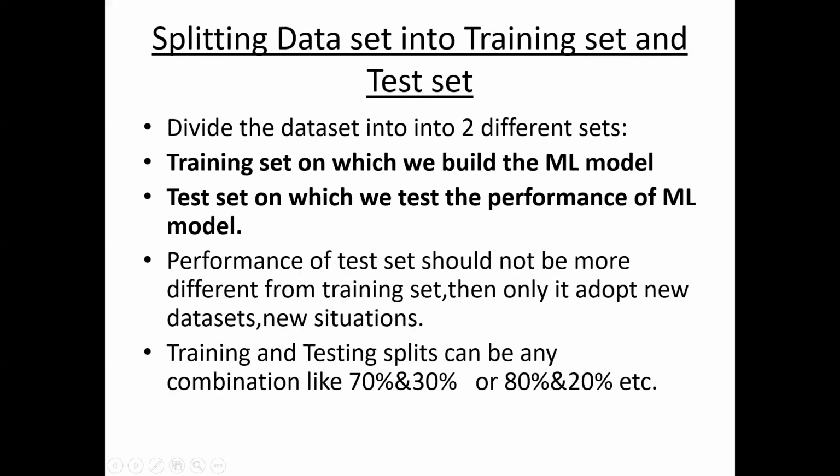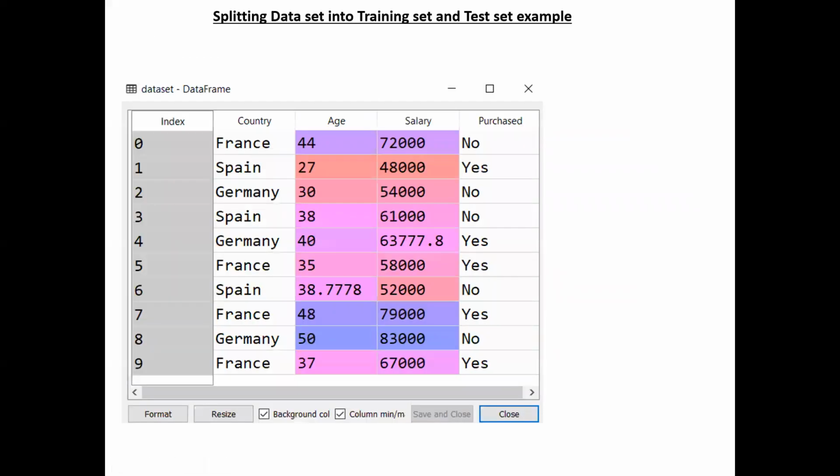Generally there is no thumb rule for what percentage should be the training set and what percentage should be the test set. But the general split is either 70-30, which means 70% for training and 30% for testing, or 80-20, which means 80% for training and 20% for testing. This type of split is generally used. You can also use 50-50 or 60-40. In the code you can give any number, 70 or 80, whatever it may be, by using Python. We will first see the implementation of this in R programming. How can we give this split? We will also see that.